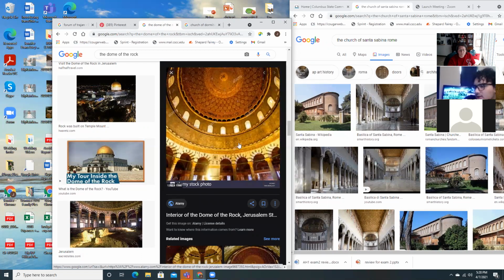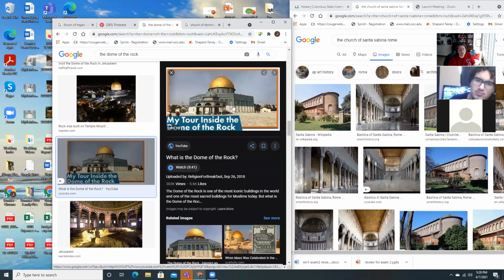Would most of the constructions we've seen be using pendentives and not squinches? Or... No, the Dome of the Rock would be considered a squinch. Okay. Yeah, because the base of the building is not a dome itself. So that's kind of how you have to look at it. The pendentive, the base of the building has to be circular and dome-like. Okay. The squinch is a square.